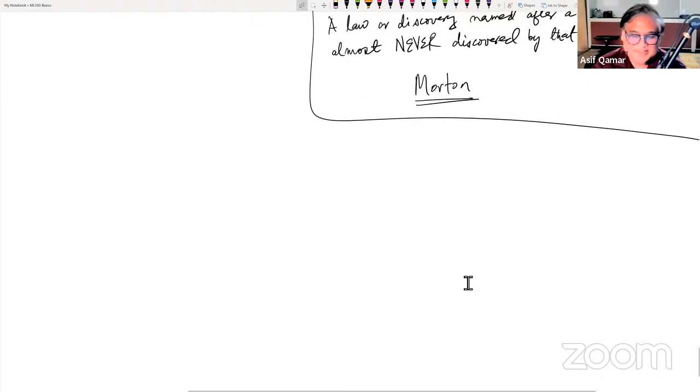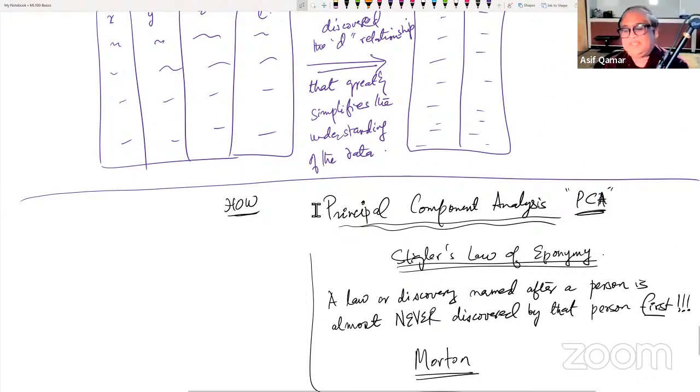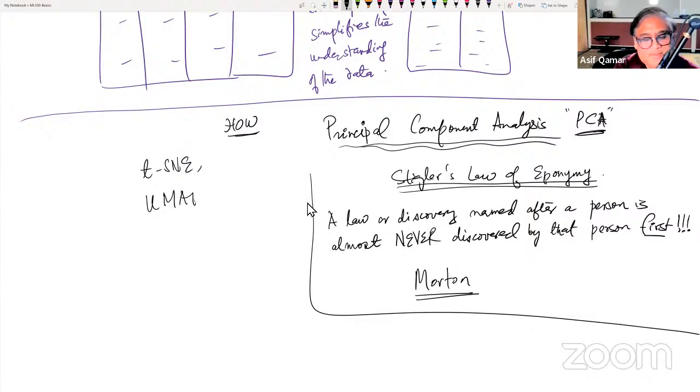But anyway, how is that relevant here? So I'll make the main argument for PCA, principal component analysis. But before I do that, let me mention that the state of the art today has gone beyond PCA. We have some beautiful algorithms, which I will not cover. Two beautiful ones are t-SNE and UMAP, and I leave this for you to read about. These are two alternatives, but they require fairly high-end mathematics to understand. But principal component analysis is so simple that I hope to explain it to you